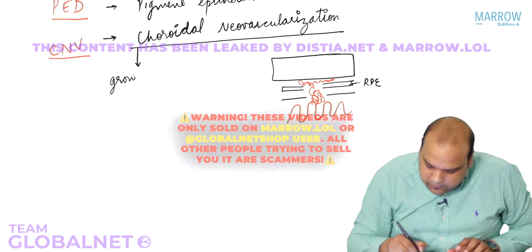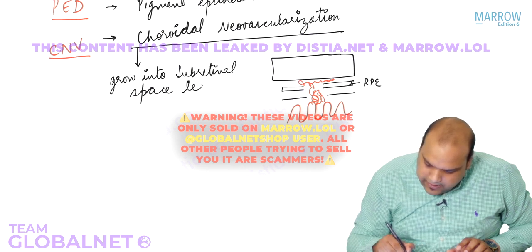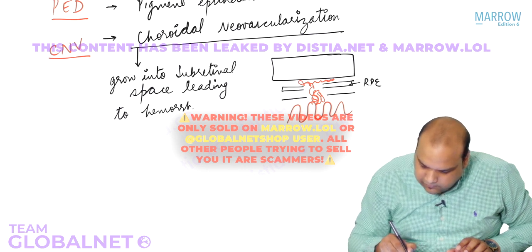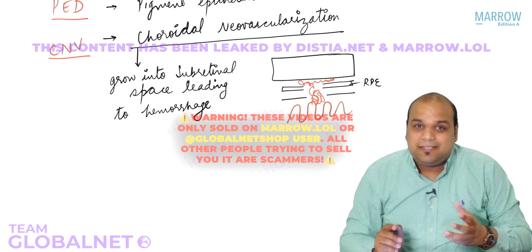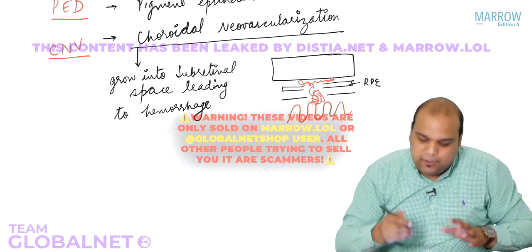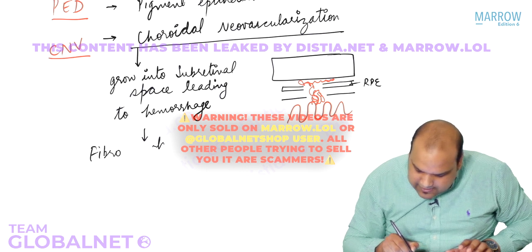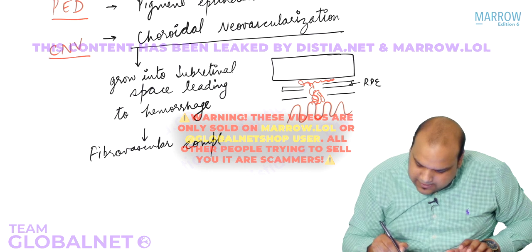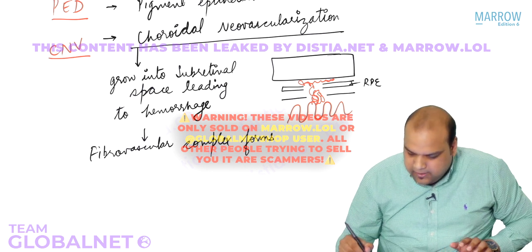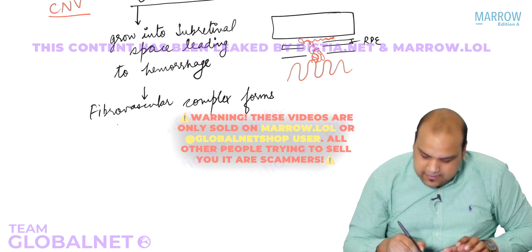They grow into the subretinal space, leading to hemorrhage. Neovessels are abnormal vessels. They don't have a stable structure, so they will hemorrhage. Subretinal hemorrhage. Now the hemorrhage will try to resolve. So what will occur, everybody? A fibrovascular complex will form. Yes, the blood is trying to get absorbed. A fibrovascular membrane has formed, everybody. This is known as